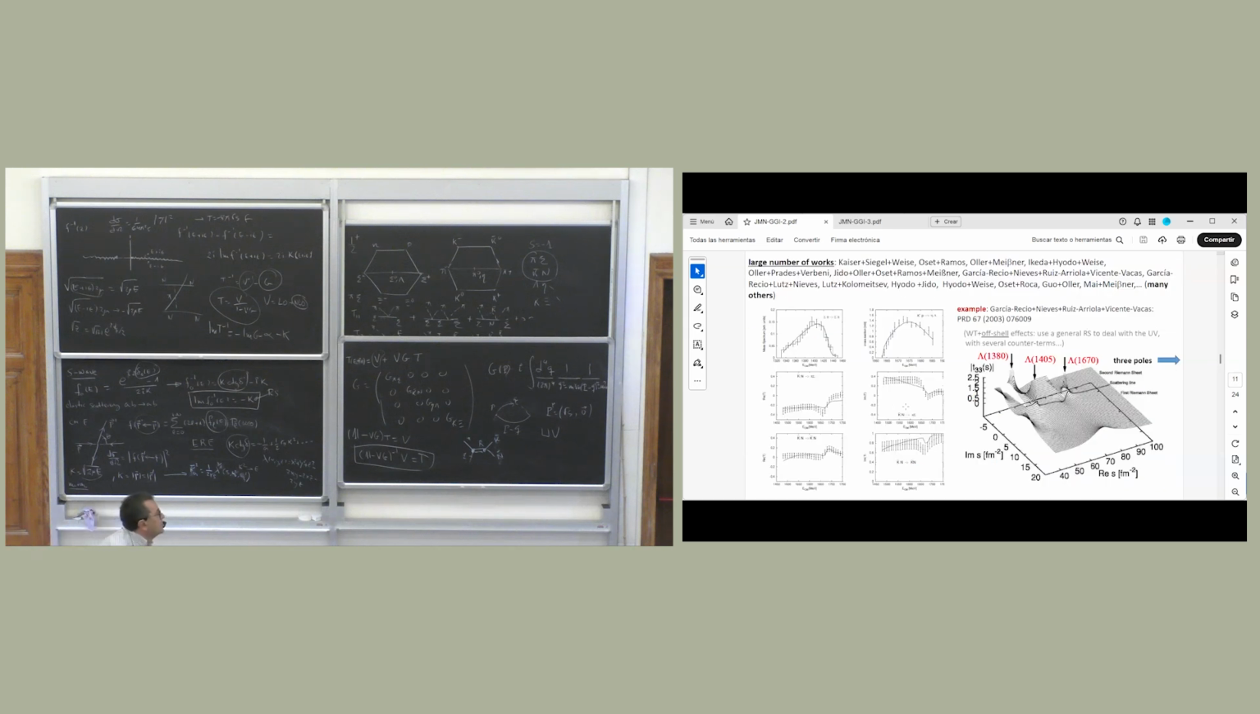Okay, so this is one example. What can be done? You just have data for sigma pi going to sigma pi, for K minus proton going to eta lambda, K bar N going to pi sigma. This is data from experiment, from cross section. You just fit, because when you have